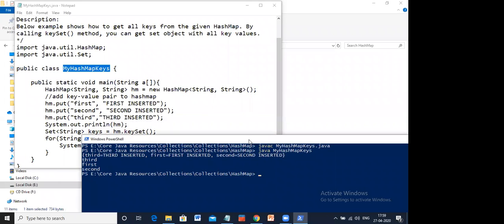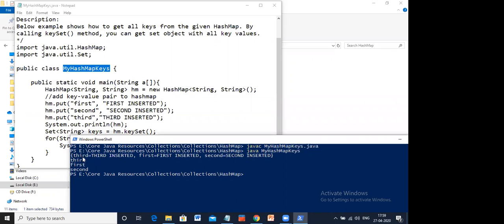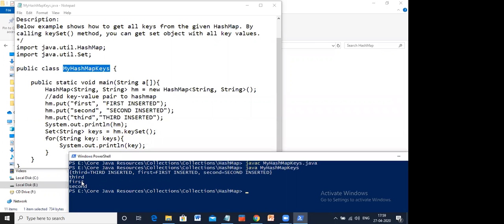Look at this. Earlier it displayed the key and the value, and then third, first, second. Now it's only printing the keys, not the values. Is it okay?